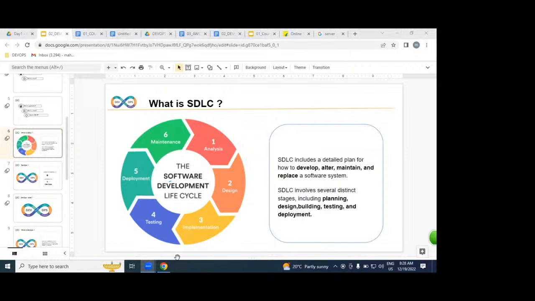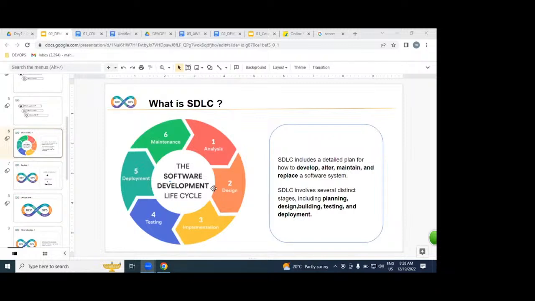Somebody knows, somebody doesn't know, but let us discuss this. What is SDLC, guys? SDLC is Software Development Lifecycle.